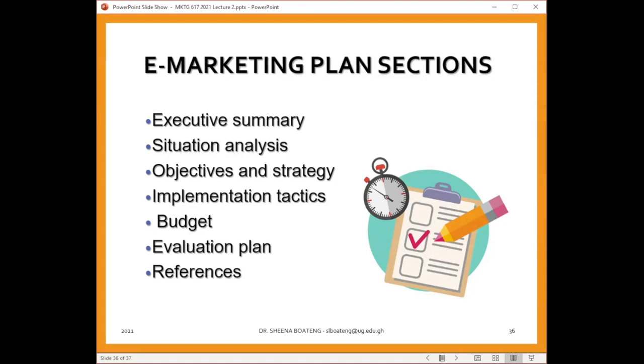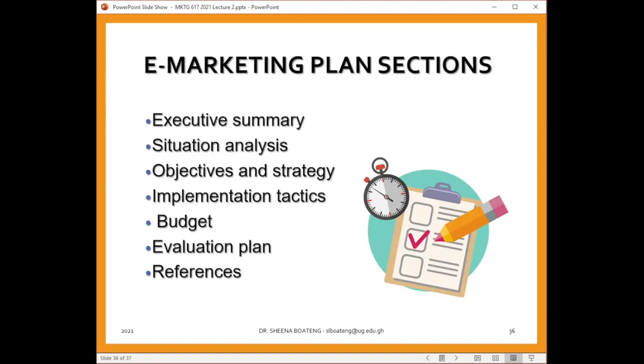So there's one of the major assignments, in fact, the project work that you are going to be doing for this semester is developing an e-marketing plan. Now, this e-marketing plan is going to be developed in the manner that has to do with a firm and how to upgrade their existing e-marketing strategy. So it will be in your best interest to select a firm that perhaps has not updated their e-marketing strategy in a while, or a firm that perhaps is doing e-marketing but does not have any actual strategy or roadmap or blueprints document guiding what they are doing. So that presents you with an opportunity to help them to come up with one.